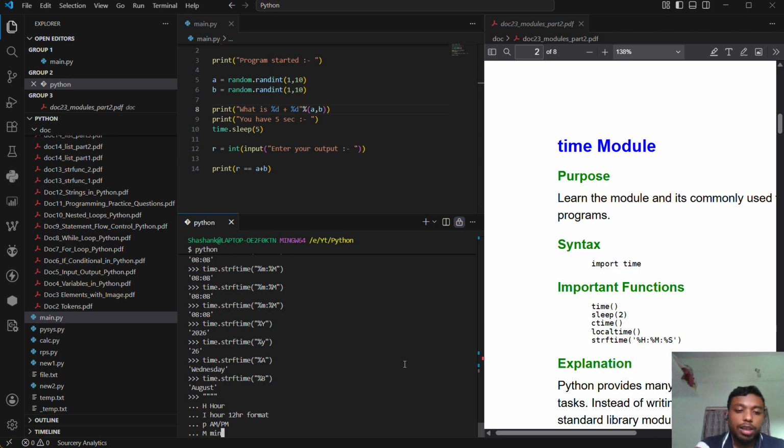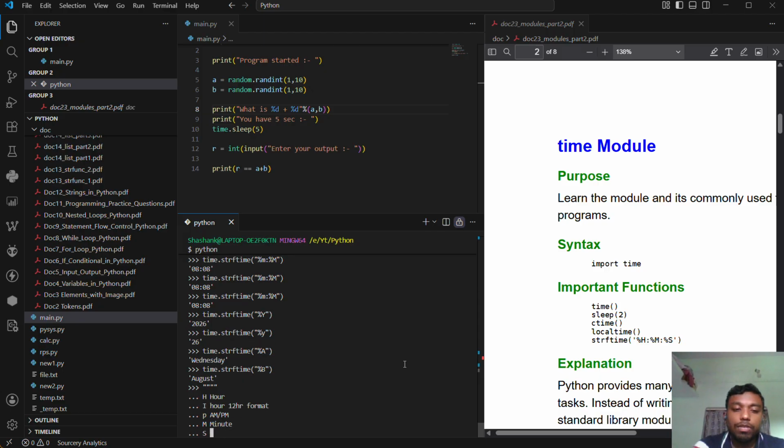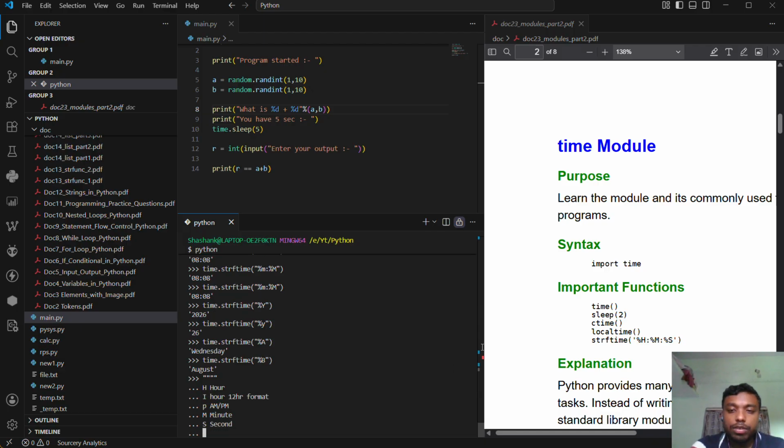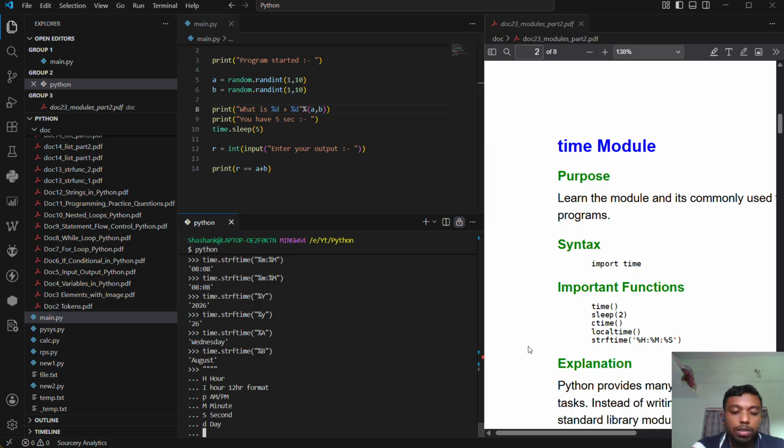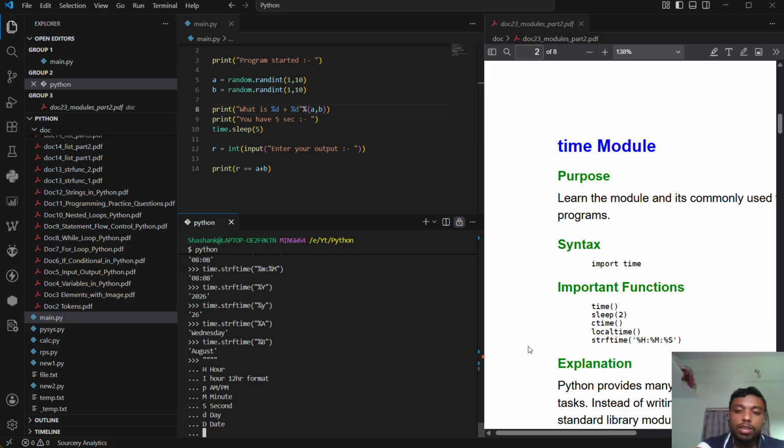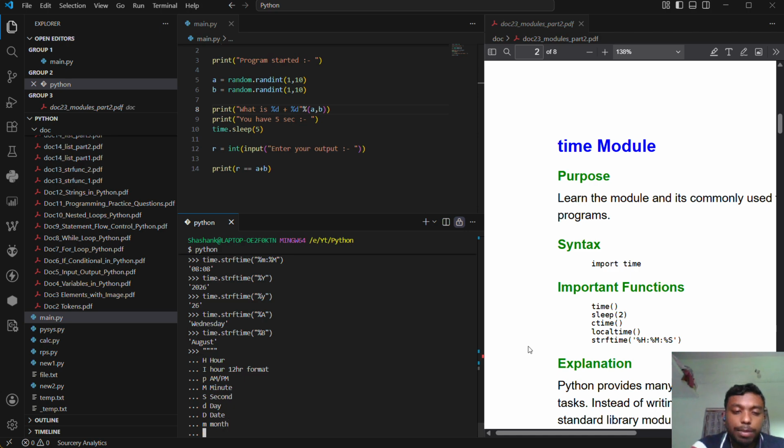And after this, you need minute and second. So for minute, we have capital M. For second, we have capital S. For day, we have small d. And capital D is like date. So capital D is like date. And after this, we have month, and month is small m. After this, we have year,